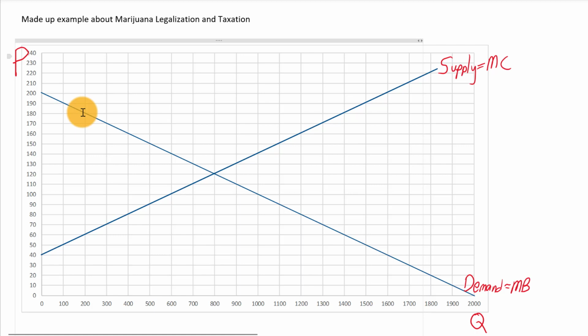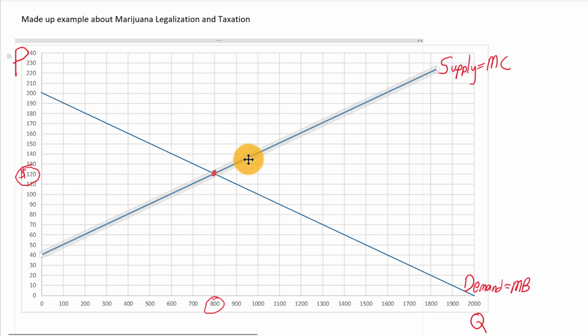And so if we were to do a graphical analysis of this problem, then we would say, okay, well, without a tax, here's the equilibrium. The equilibrium quantity would be 800 units, and the equilibrium price would be $120. But now let's put a tax on the product. And in this test question, I gave the students various tax levels to look at, and they were supposed to tell me how much tax revenue was collected and how much this tax decreased consumption.